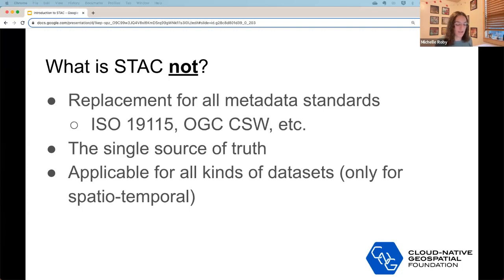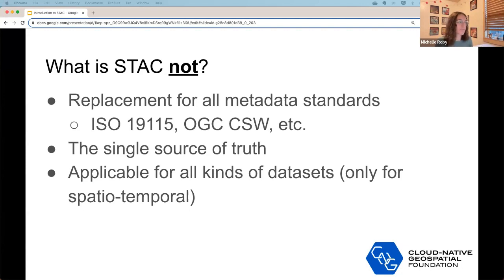There's also a little caveat that most spatio-temporal asset catalogs are for raster data, so imagery of sorts, instead of vector data. But there are more ways that vector data is finding its way to fit into STAC.